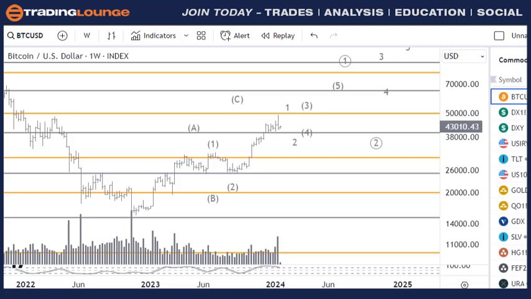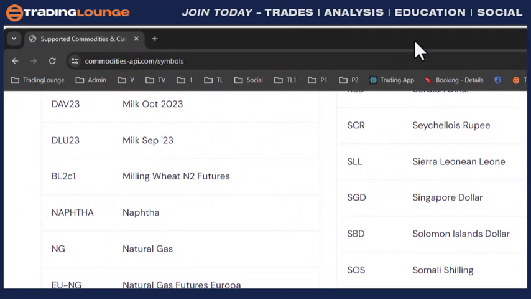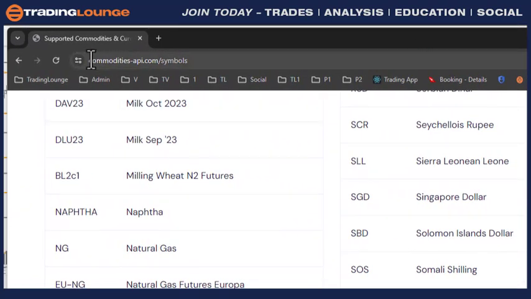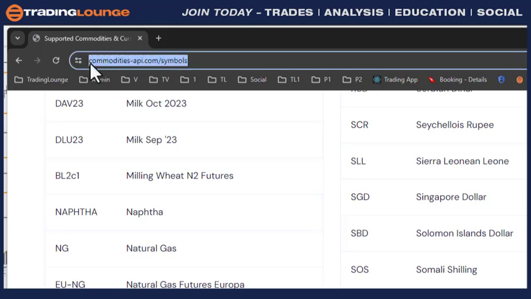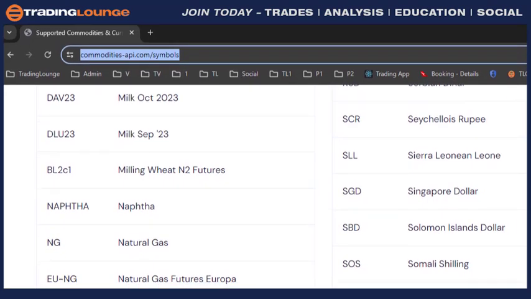I just want to say I've got the price data for the commodities portfolio working. I'll need to give it a bit of a test today, but you can go ahead and use that. We're getting our data from a company called Commodities-API.com. Now I put this URL in the commodities section in the social chat. So if you're going to use the portfolio, then it's probably a good idea to